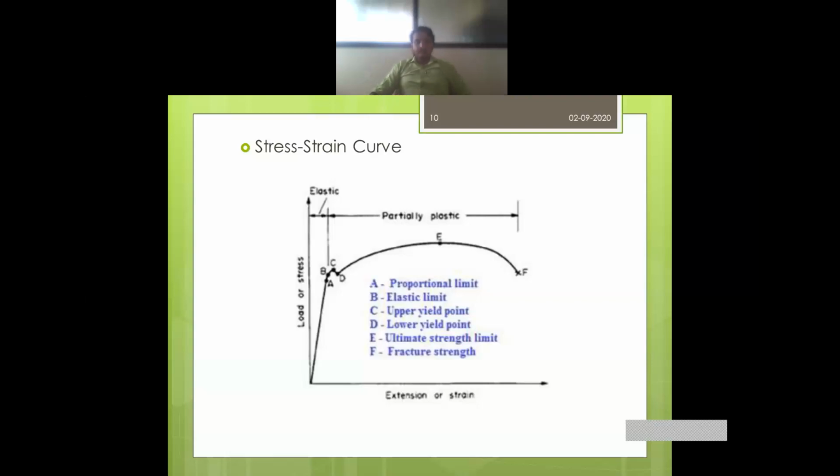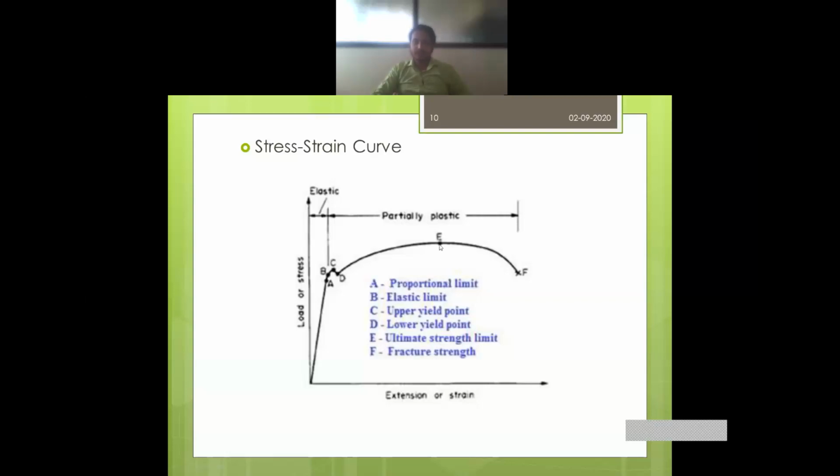Okay. See, in this case, this is a ferrous material, and if I increase the load further from D, the load will go on increasing. The strain, that is deformation, is also increasing. As the load increases, the strain is increasing. So stress is also increasing, and we will reach a point where a material can take maximum load.